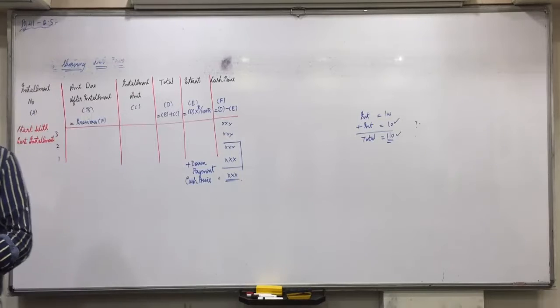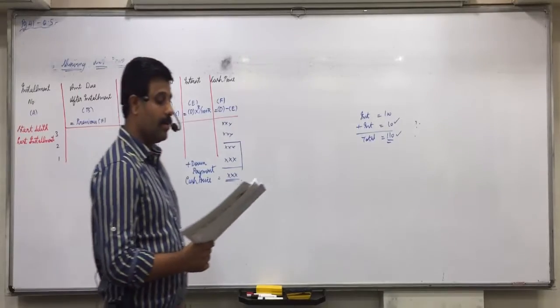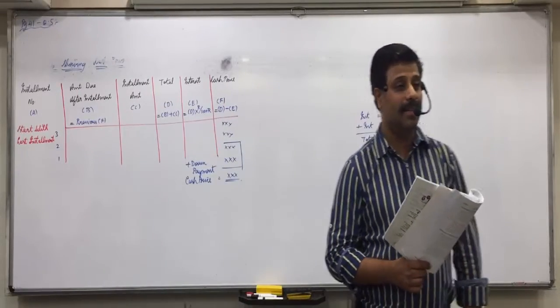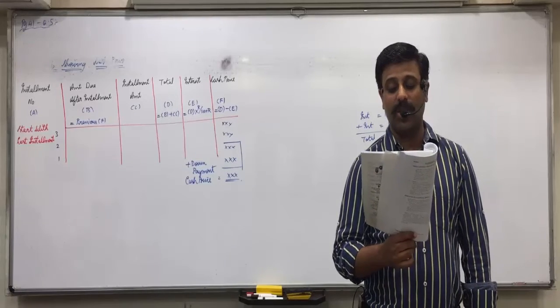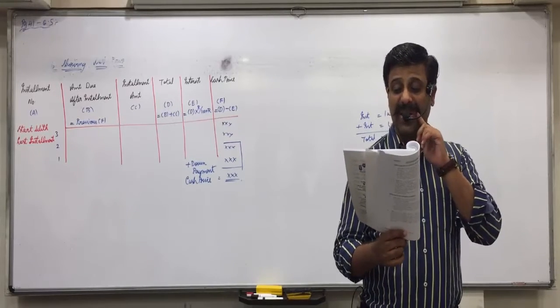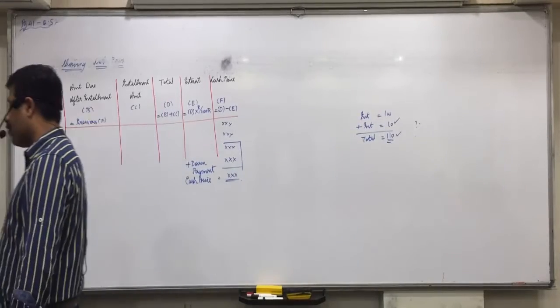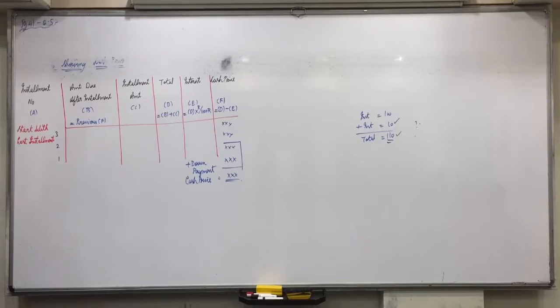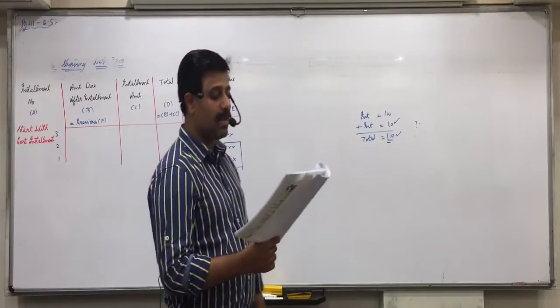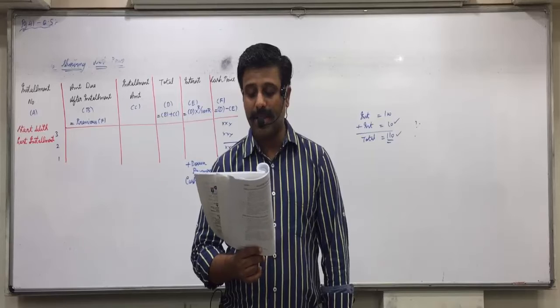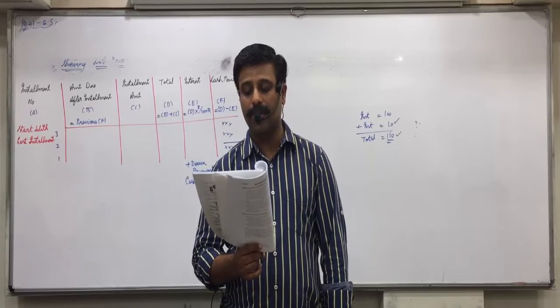Listen, A Limited purchased a machine from B Limited. So A Limited is the buyer and B Limited is the seller. On 1/4/2009 on hire purchase system with the following terms. 70,000 paid at the time of agreement as down payment. Balance amount to be paid in 3 yearly installments. Thank God it's 3 installments, so a 3 years question. So far we have done only 4 years questions. 3 yearly installments of 74,200 each payable on 31st March every year. Interest chargeable is 6% per annum on balance cash price.